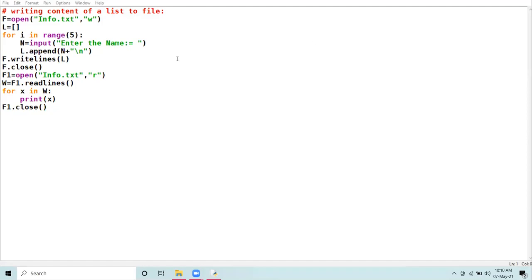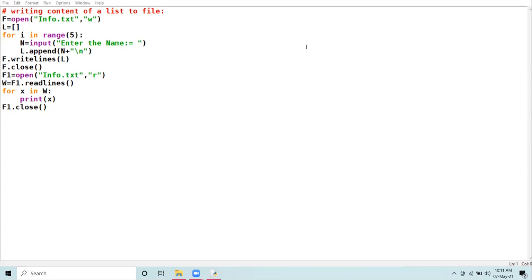So 12th class, today we are going to revise the concept of the writelines function. Previous to that, you did the write function. The write function is used to write the content inputted by the user into the text file.